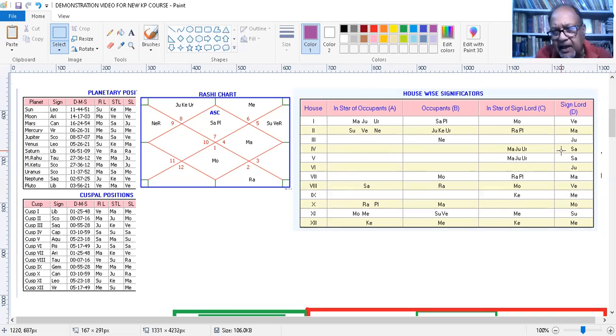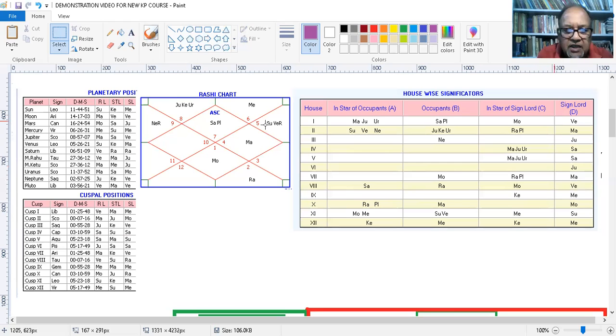सबसे पहले कॉलम डी में हमें देखना है कौन सा ग्रह किस भाव का, किस हाउस का स्वामी है। उसके सामने हमको ये लिख देना है अगर हम मैन्युअली इस चार्ट को बना रहे हैं। उसके बाद हमें देखना है, वो सारा आपको इस टेबल से मिल जाएगा, कि भाव के स्वामी के नक्षत्र में अगर कोई ग्रह बैठा हुआ है तो वो कॉलम सी में आ जाएगा। जैसे फर्स्ट हाउस को लेते हैं।